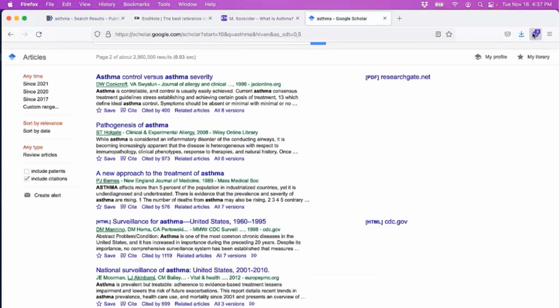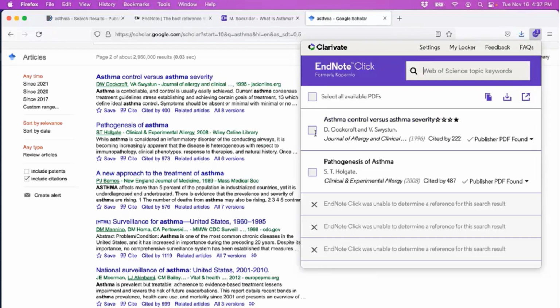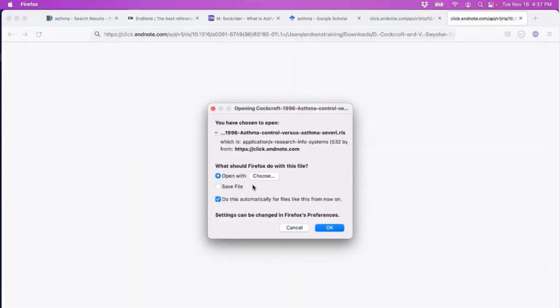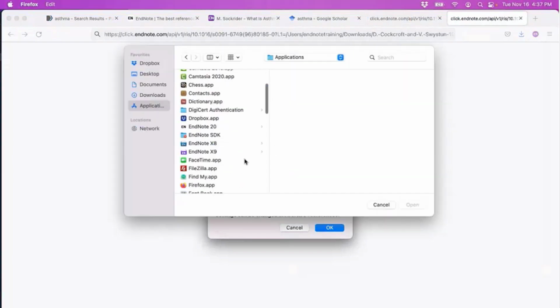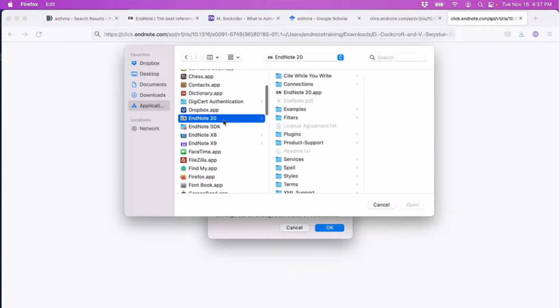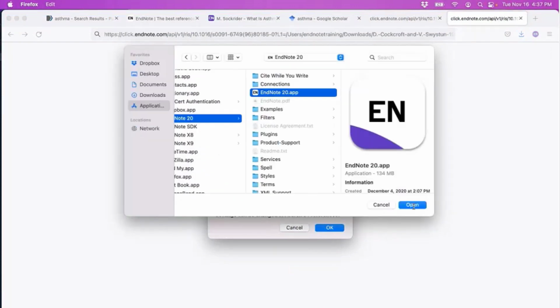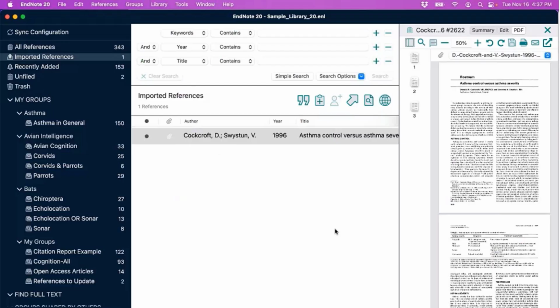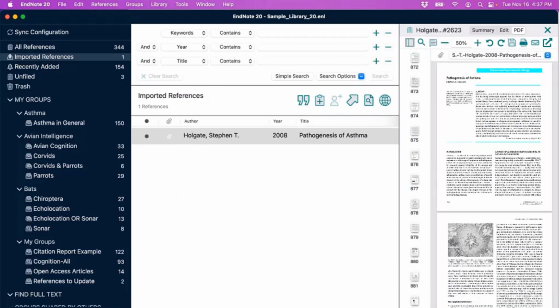So we go back to the EndNote Click Smart Extension screen, mark those first two references here. We can click Export Selected PDFs. All right. Oh, no, still getting the prompt here. Okay, I have to check my browser settings. So you get the general idea, but let me do this for the second PDF this time around. That way we've got one instance of both here. I do apologize. I have to just check my browser settings. There we go.